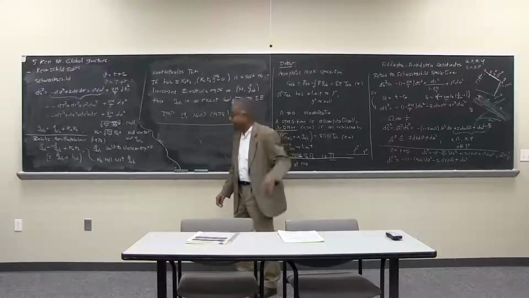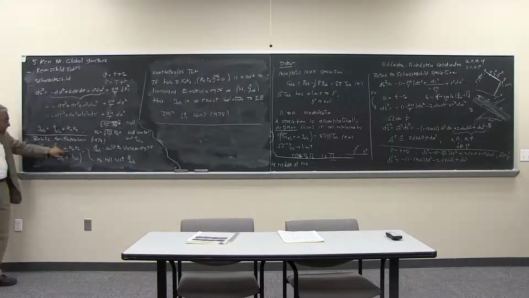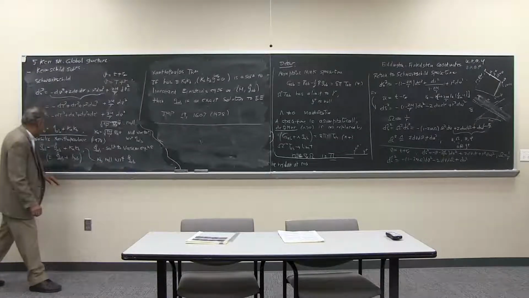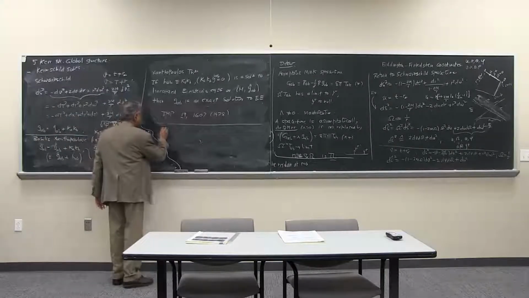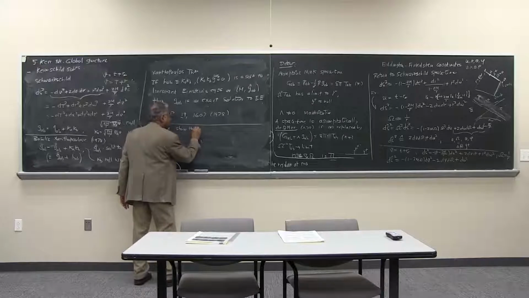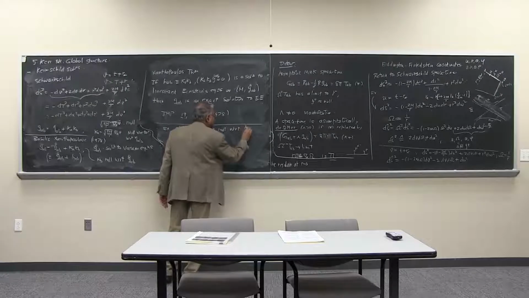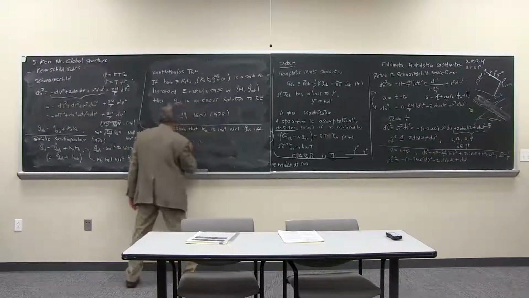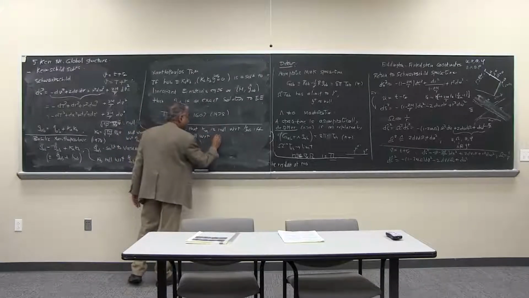Now, just a quick remark and then I'll stop. Pietro asked me earlier about when K is actually null with respect to G naught. The interesting thing about this form of the metric is that if K is null with respect to G naught, then it's also null with respect to G and vice versa. So this is a little exercise that you should also do, namely show that K is null with respect to G naught if and only if it is null with respect to G.